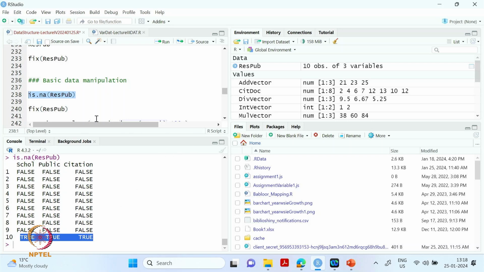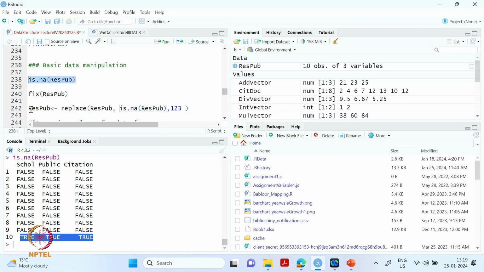We can also do this with fix, but there is a special function in R that we can use to replace these values, the replace function, and it is very useful during our analysis. I request you to give this replace function a try too. So how will you do that? If you do it like this,